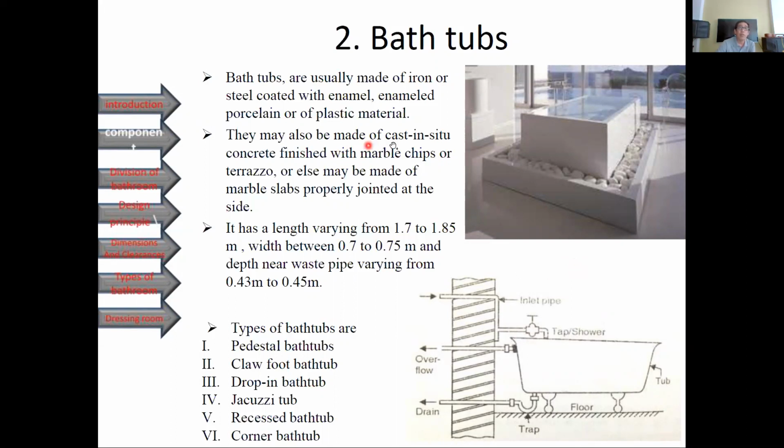So they may also be made of cast or in situ concrete finish with marble chips or terrazzo, or else may be made of marble slabs properly joined at the side. So this is also sometimes they use a cast in place bathtubs. So you can create your own shape, create your own depth. A bathtub is like a small pool, but one problem is the leak, because this is a cast in place. You might probably have leaks later on when the concrete expands or when you did not put enough waterproofing,